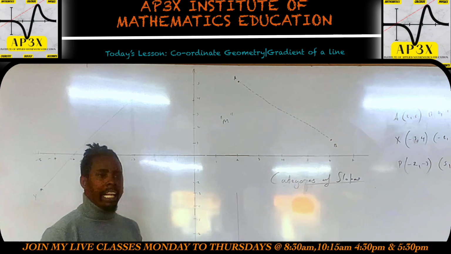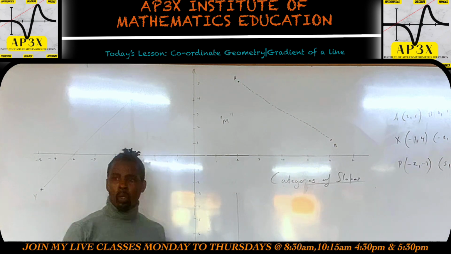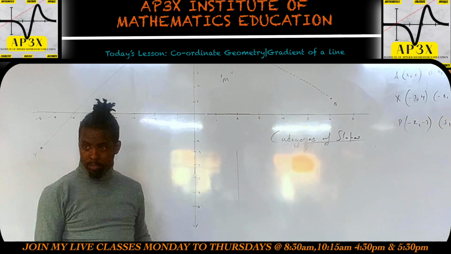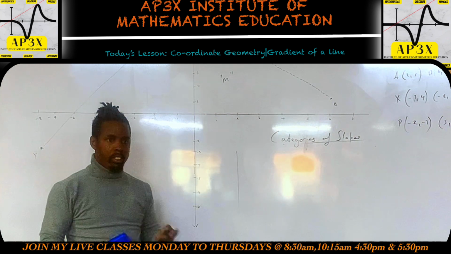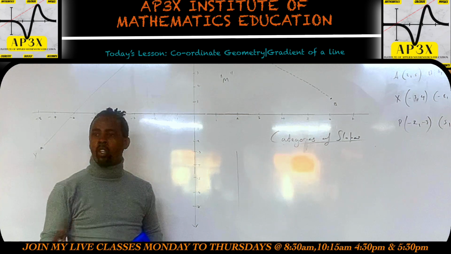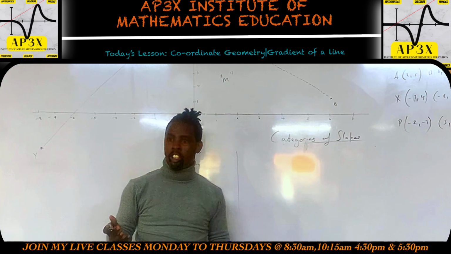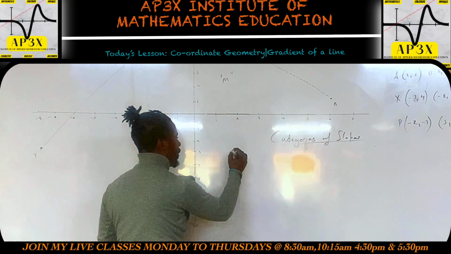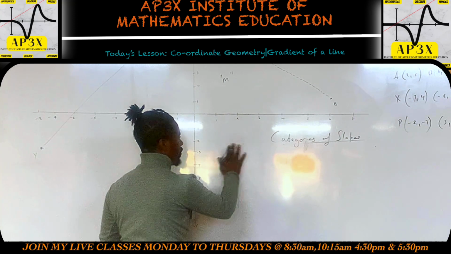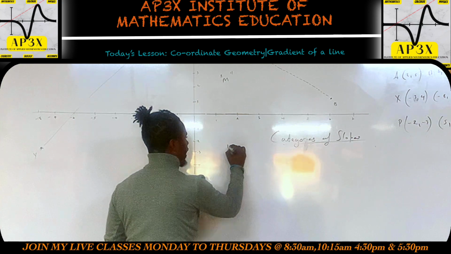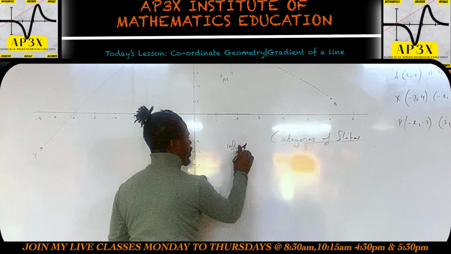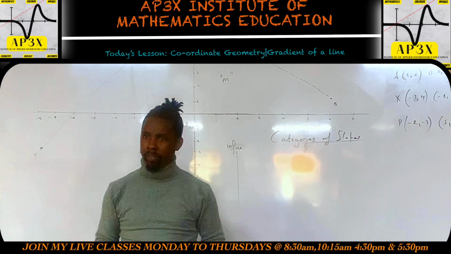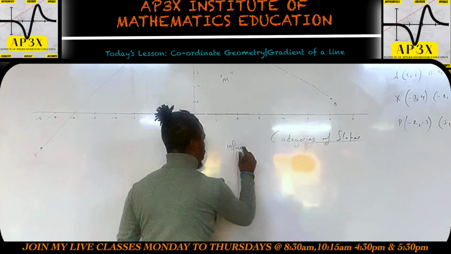If you end up with a line on your graph that looks parallel to the y-axis, or it's vertical, then this basically has no slope. Well, it has a slope, but the slope is extremely large, so we cannot assign a value to it. So we say that the slope is infinite. This is called an infinite slope, or you might find textbooks saying that it has an undefined slope.